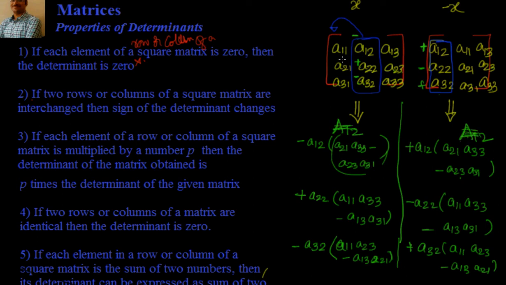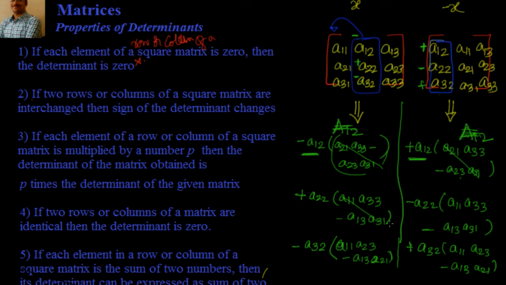Now what is changing? The position is changing. Due to that, (-1)^(i+j) is changing. To be precise, actually the minor remains the same. The cofactor will change because (-1)^(i+j) is changing. I don't want to confuse you more, but you can see very clearly: if I see minus A12 here, I see plus A12 there. Remaining all are the same.